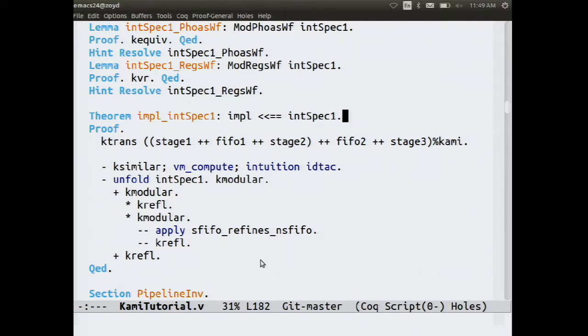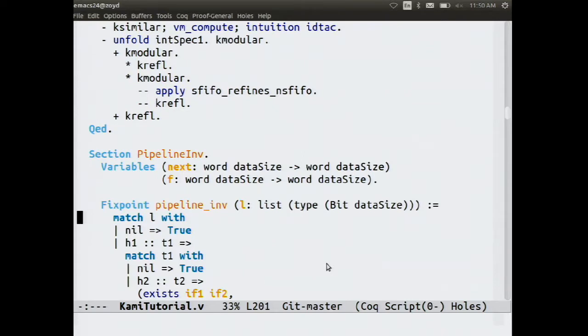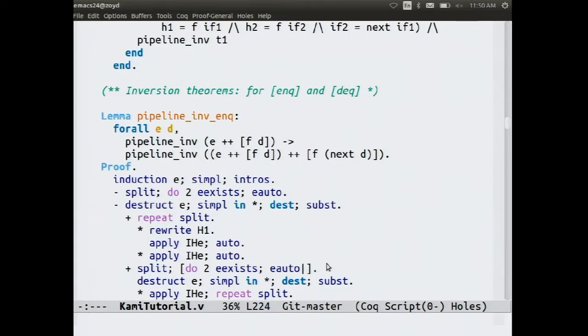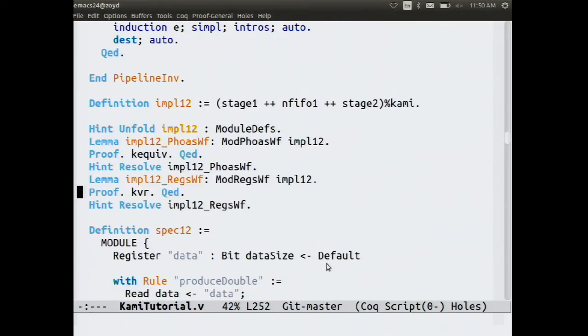We have to define an invariant that characterizes how to relate the state of our fancy pipeline to the simple spec. I won't dwell on the details of that. But somewhere we write down that invariant, and we prove the key rule for how it's preserved by a state change in the system. Here is another intermediate program where we're now focusing on just the first two stages.